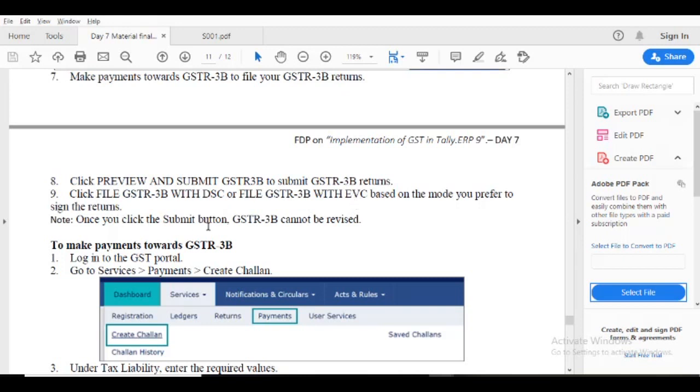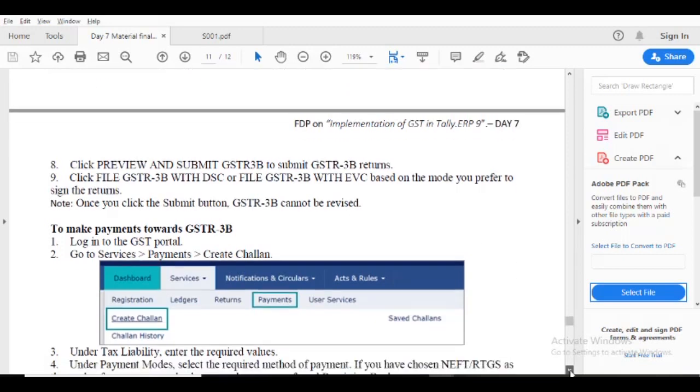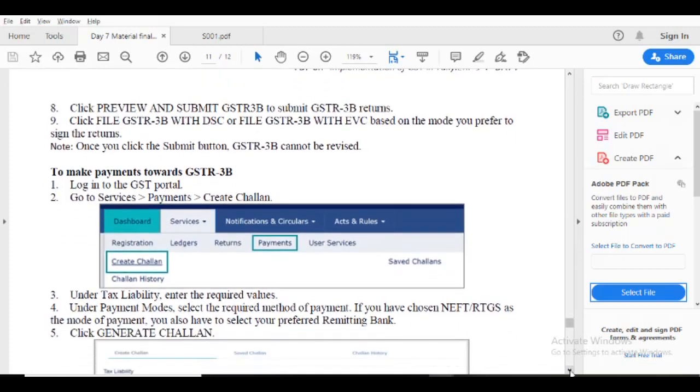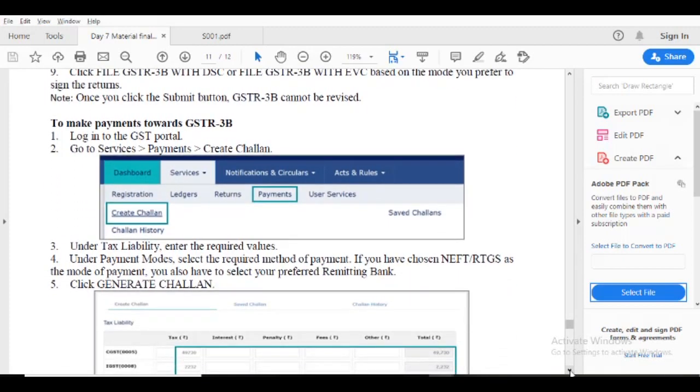Once you click the submit button, GSTR3B cannot be revised. If I like to make any changes after the submit, I can't do it. So before you submit the button, you check clearly.